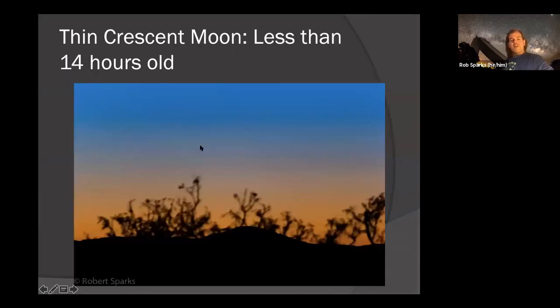So there's another one I've got, one of my very favorite pictures. Again, very challenging one. One of the thinnest crescent moons I've ever spotted. It was less than 14 hours old upon spotting. It was 13 hours and 46 minutes old when I first spotted it with binoculars, not naked eye, but I saw it through 8x42 binoculars. And this is from Cassiopeia Observatory, just north of Tucson.